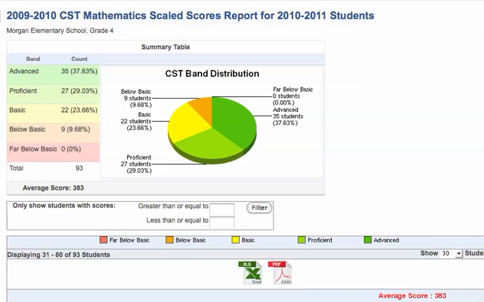Let's take a look at a mathematics scale score and what kind of information you can find from this. This is kind of a general, how's your school doing? You can take a look at your students and see how they've progressed from one year to the next. In this particular report, what we can see is this school, again fictitious data, has quite a bit in the